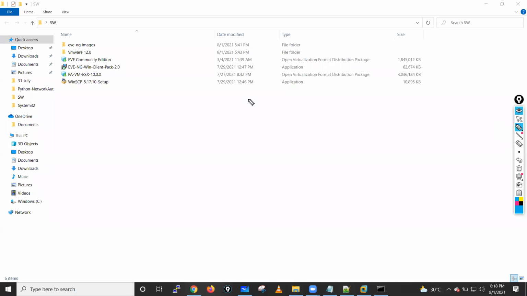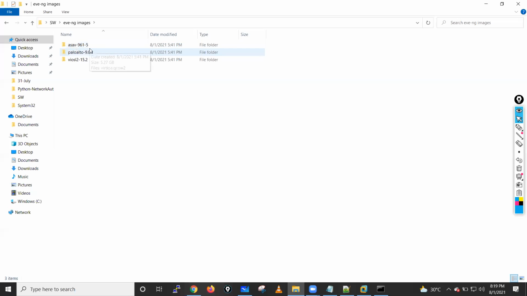Okay, so guys, now let me start with the installation of EVNG. To install EVNG in VMware Workstation, first of all we have to install our VMware Workstation, which we have already completed. Second, you need the VMware Community Edition image of EVNG, which I have already shared with everyone. You need the EVNG Windows client, and you need a WinSCP client,